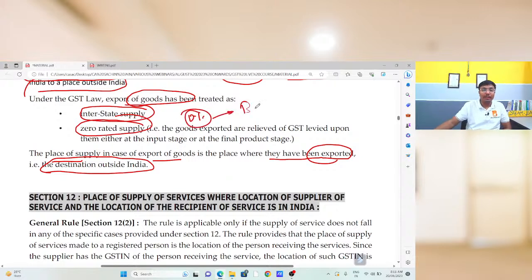If the export is under bond or LUT, that means